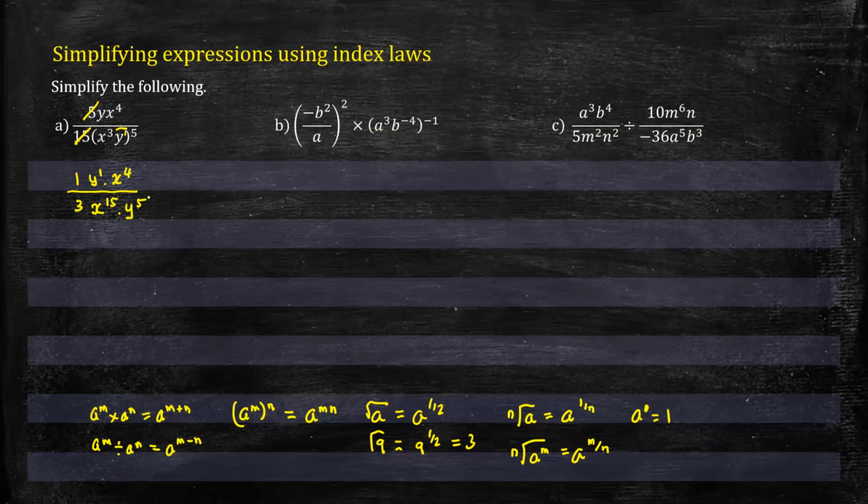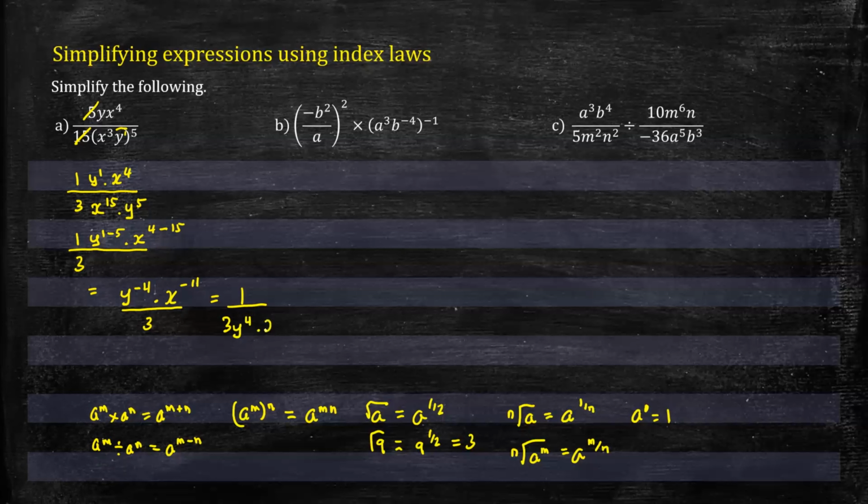At this point, we see we're dividing the numbers, so we need to subtract the powers. So let's leave our 1 and 3 there. We'd have y^1, and we have y^5 in the denominator, so that's 1 minus 5, times x^(4 minus 15). So in the numerator, we're going to get y^(-4) times x^(-11), all divided by 3. So if you'd like to have positive indices, we will bring those down. So we'll have 1 on